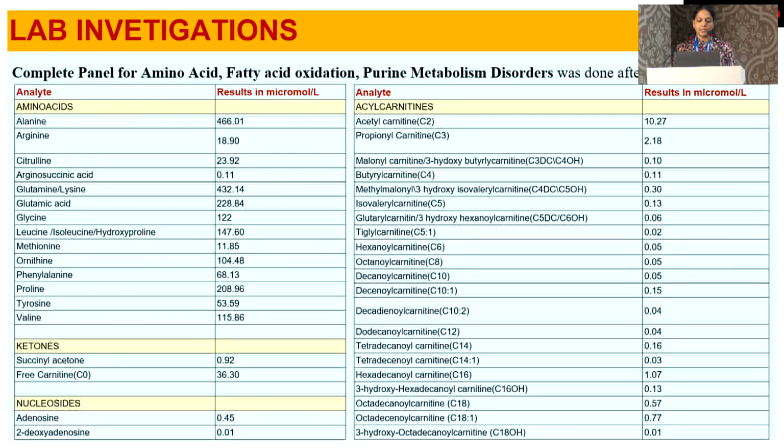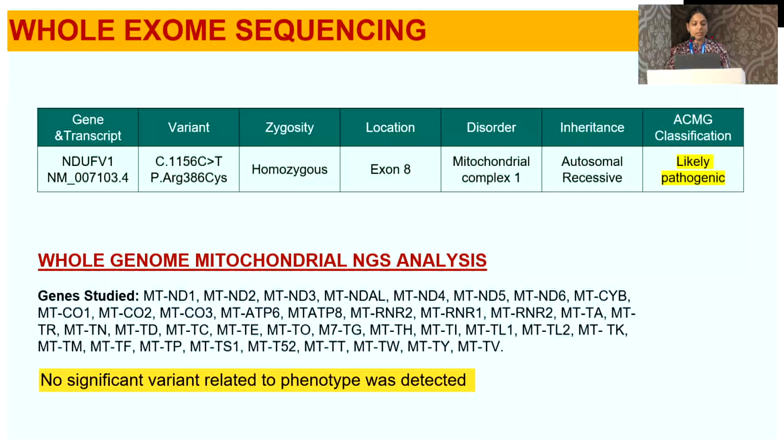A complete panel for amino acid, fatty acid oxidation and purine metabolism disorders was done after pediatric referral, and everything came out to be normal. Then we went for whole exome sequencing, where she was found to have an NDUFV1 gene mutation with the transcript NM_007103.4 with a variant of c.1156C>T, that is, cytosine is replaced by thymine. So in the protein, the arginine amino acid at the 386th position is replaced by cysteine, and it showed homozygosity on exon 8 with mitochondrial complex 1, inherited as autosomal